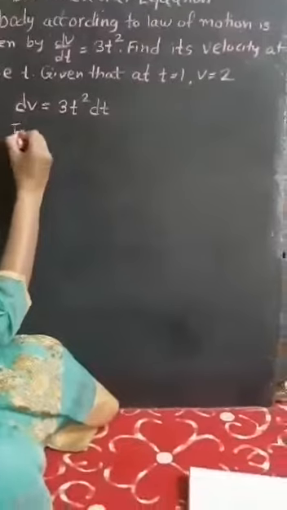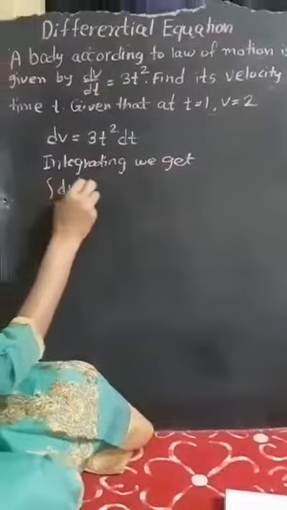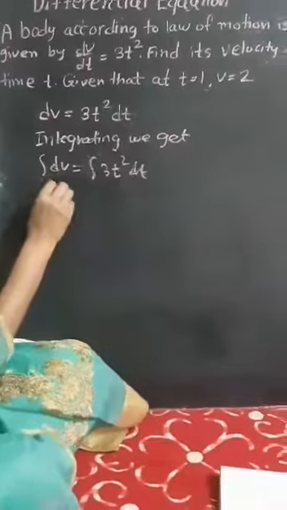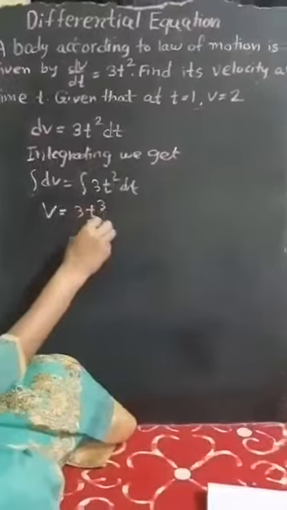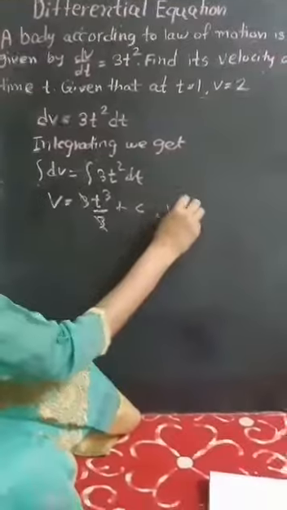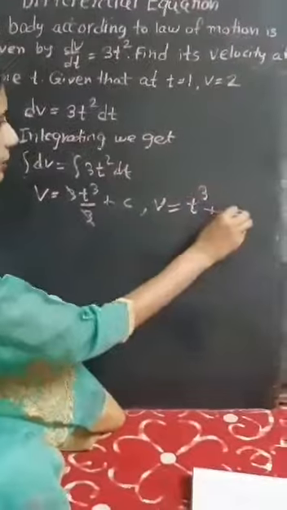Okay. So this side no function is there. That means what is function? Function is 1. So if I integrate, what will I get? Integration dv, integration 3t square dt. What is integration of 1? V. What is integration of 3t square? 3t cube upon 3 plus c. 3 will get cancelled out. You will get v is equal to t cube plus c.